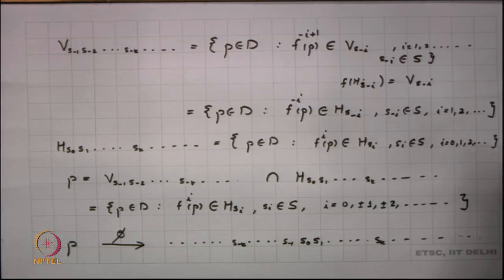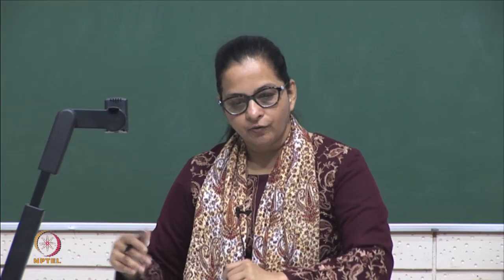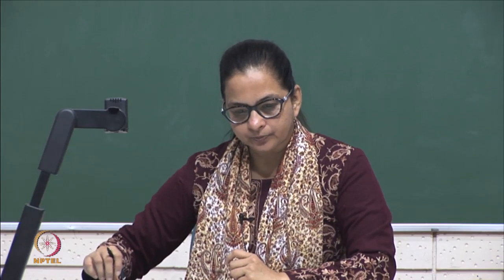Now, I have this bi-infinite sequence, so I will always look into what happens to the negative iterates and what happens to the positive iterates. So we always write a bi-infinite sequence with a decimal point to separate the negative iterates and the positive iterates. So we have p under phi being associated to this bi-infinite sequence of zeros and ones. Now let us try to understand the dynamics on the horseshoe attractor. What happens on the horseshoe attractor?